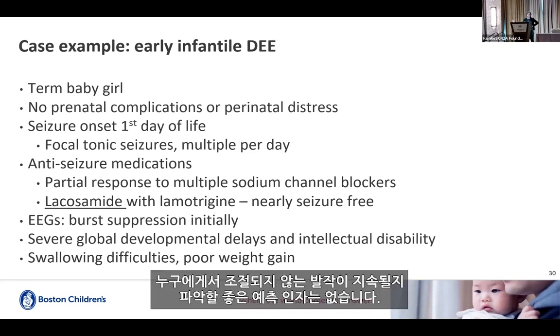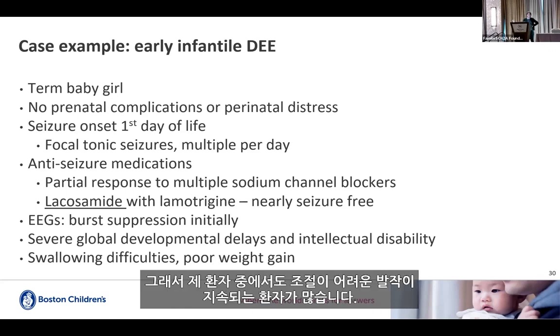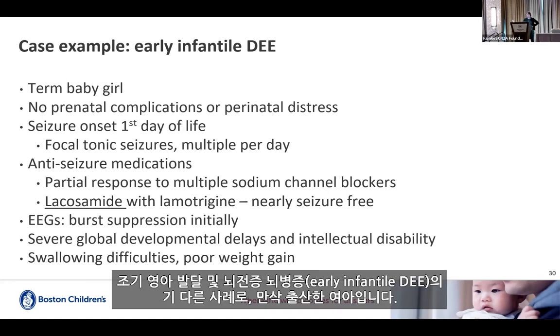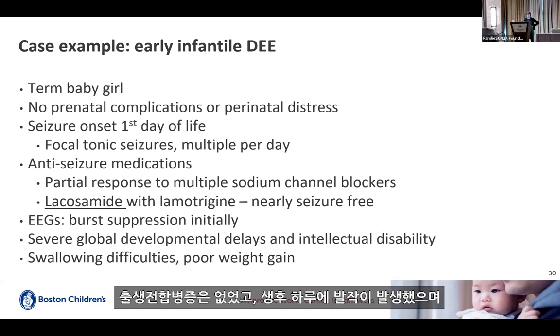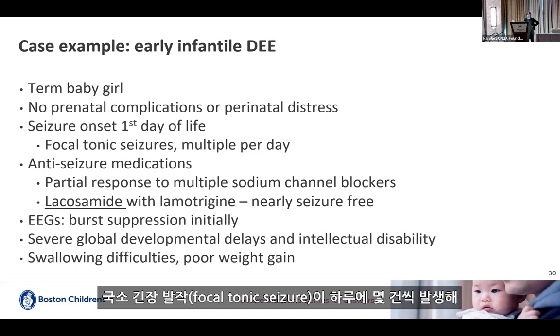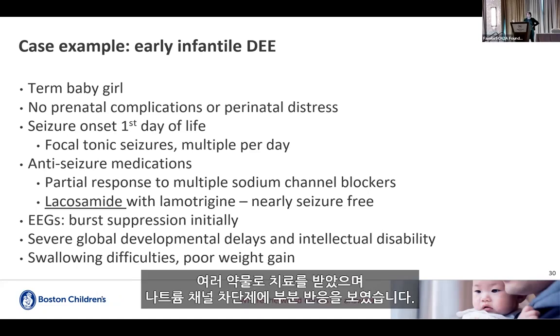And we don't have great predictors of who is going to have ongoing difficult to control seizures versus not. And I have lots of kids who have ongoing tough to control seizures as well. So here's just another example of a term baby girl, no complications, had seizure onset at day of life 1 with focal tonic seizures, multiple per day, was on multiple medications with sort of partial response to sodium channel blocking